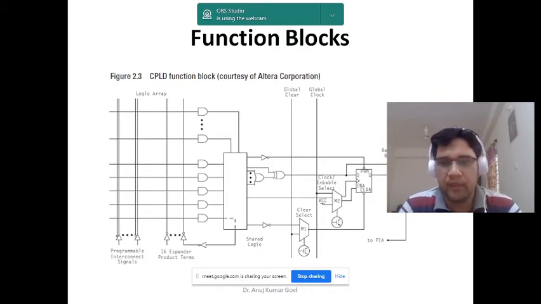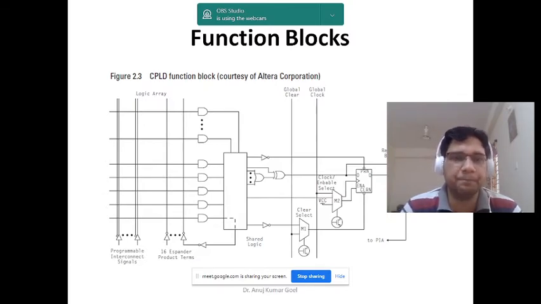And the third switch, the third multiplexer, is M3, called the register bypass. Two types of inputs it is getting here, as you see. First it gets the combinational signal, directly from the OR plane, and second it gets the output of the flip flop, which is sequential in nature. So M3 is accepting two types of signals, one is a combinational signal, the second is the sequential signal. So it is the basic function block of the CPLD that we already covered yesterday.